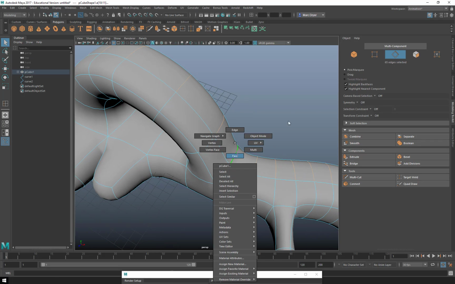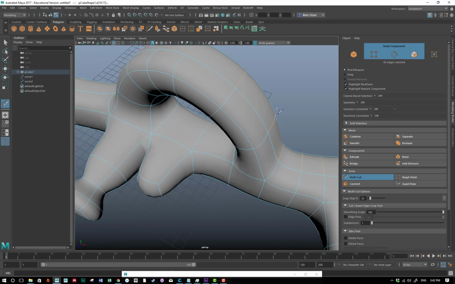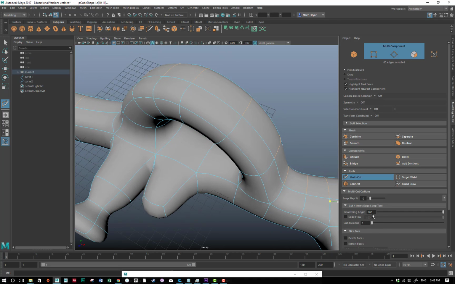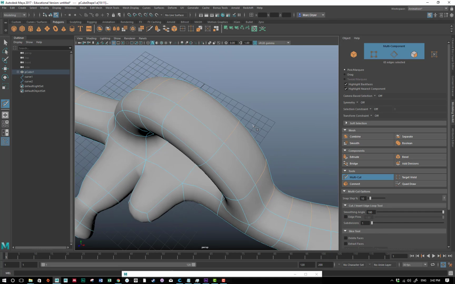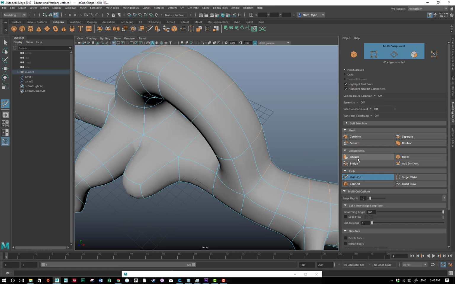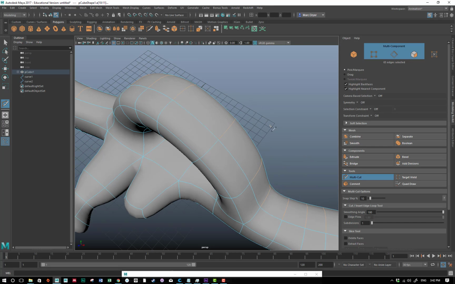And so if I go into object mode, select the Multicut tool, you can see there are some settings for it here. Since it's a tool rather than an action, we can set the settings before we activate it. So the Multicut tool allows you to make cuts on an object. And you can see it starts to snap to whatever component it's closest to. So right now it's looking for vertices or edges. So if I click on this edge, click on this edge,